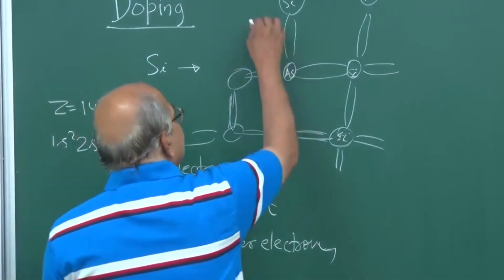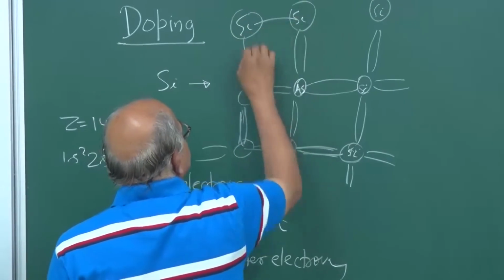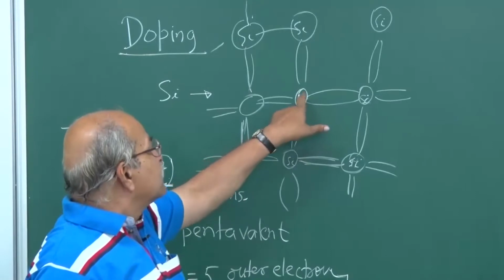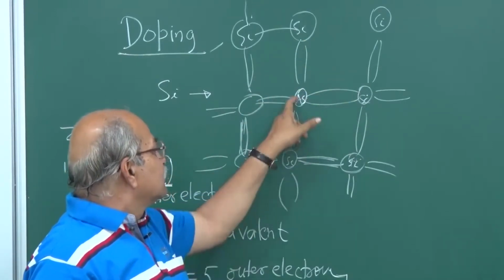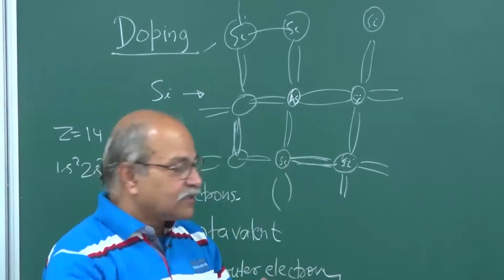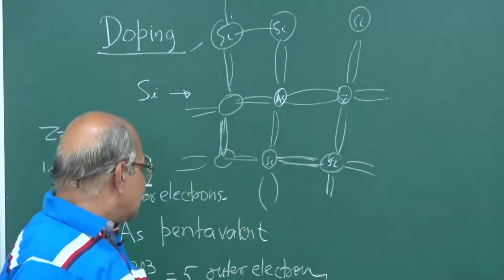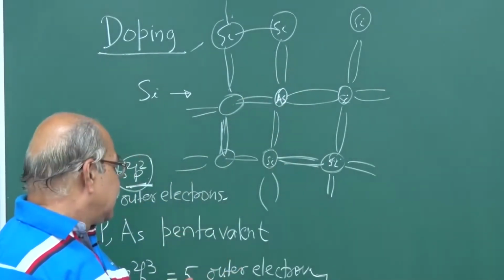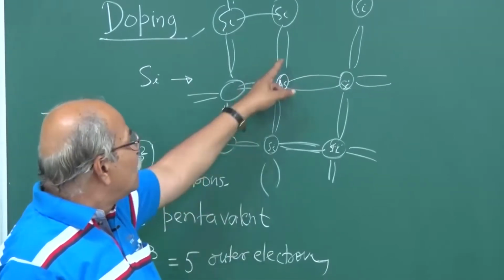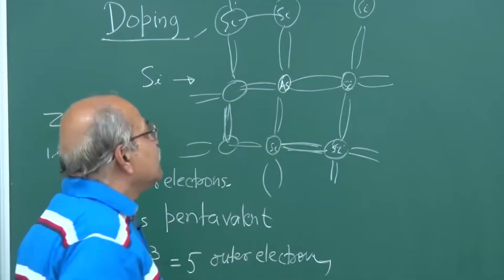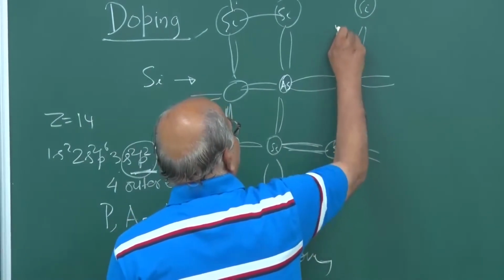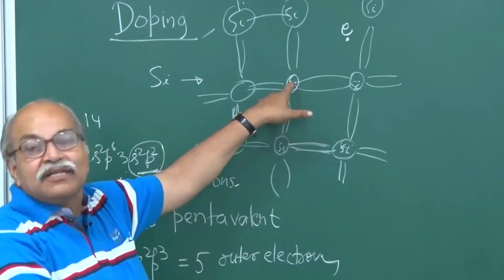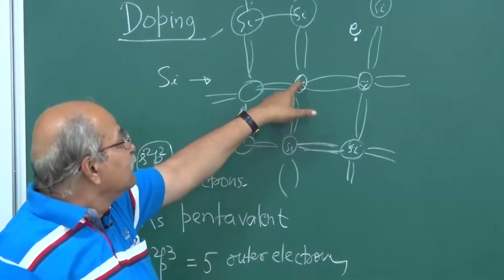This arsenic is also bonded to the 4 neighbors in that tetrahedral structure, and 4 of its outer electrons are consumed in that, but the 5th one, the extra electron, cannot go in this bonding. It's somewhere here, still bonded to this atom, still going around, if you think in that manner,